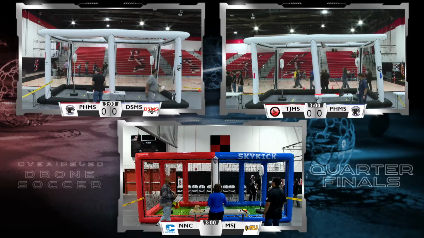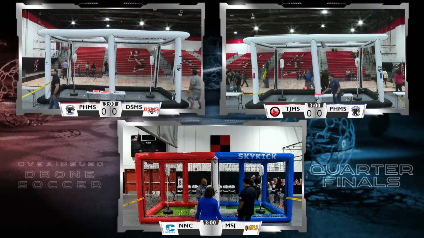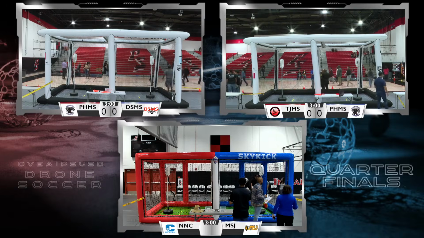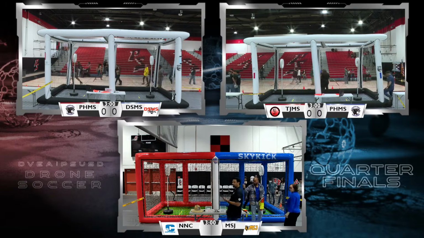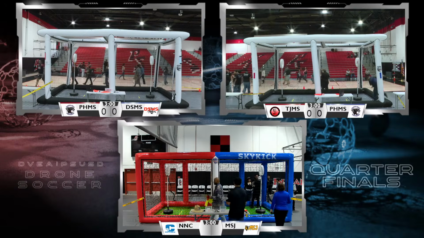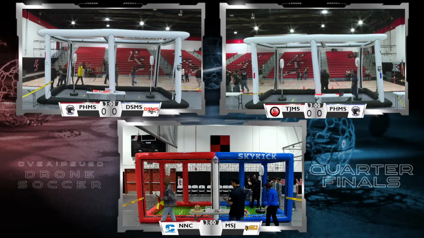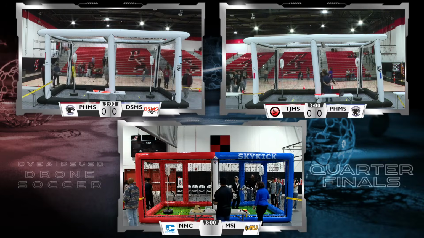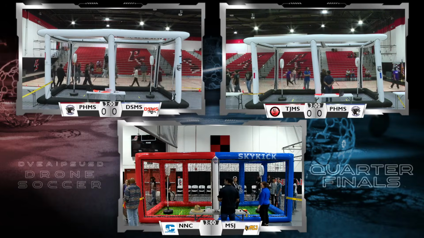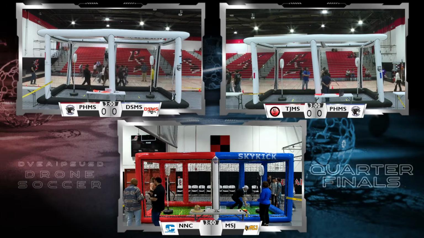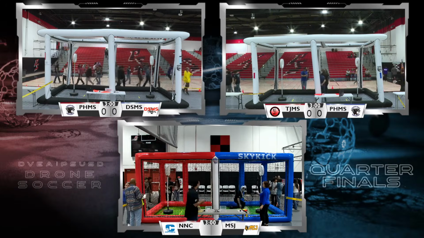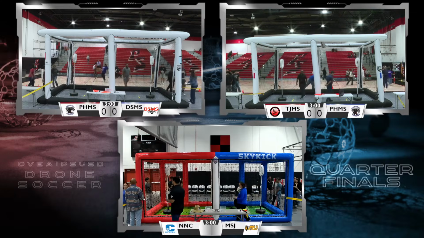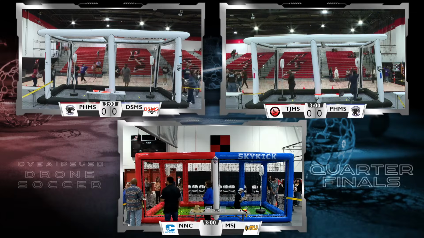Arena C. Oh, that's okay. Sorry. Please excuse the error on your sheet. We have just moved around where the arenas have been. That was a quick change. So I'm announcing it again. The change was arenas B, C, and D. There's some flipping there, so pay close attention to the electronic scoreboards if you're confused about where you go.